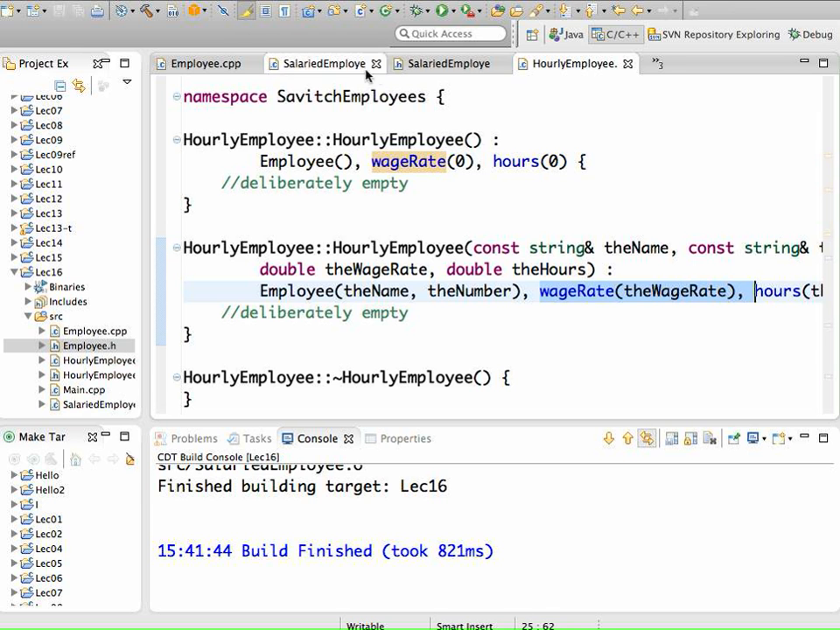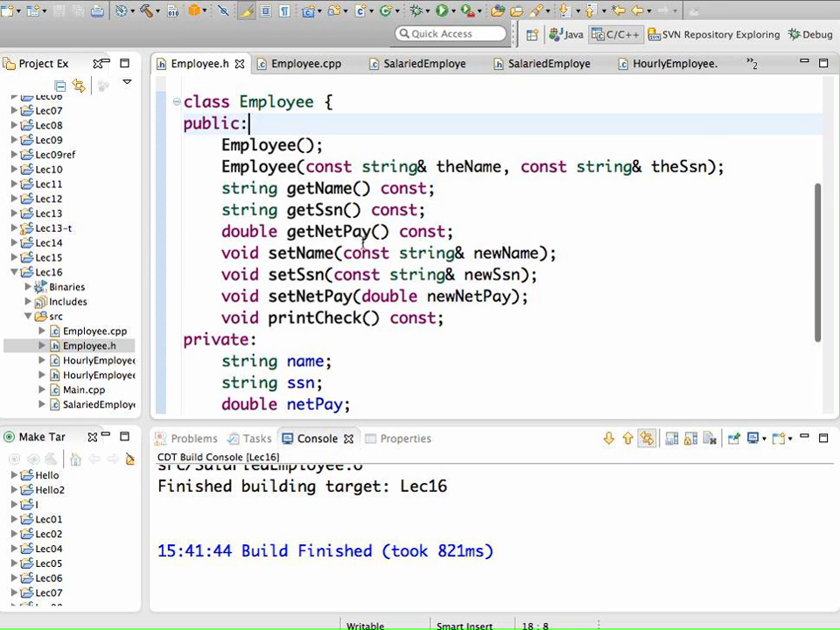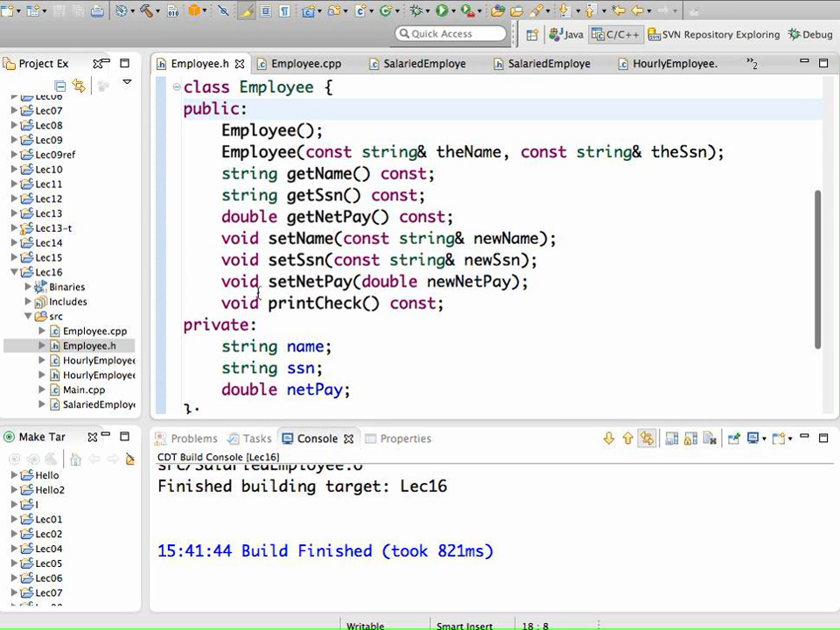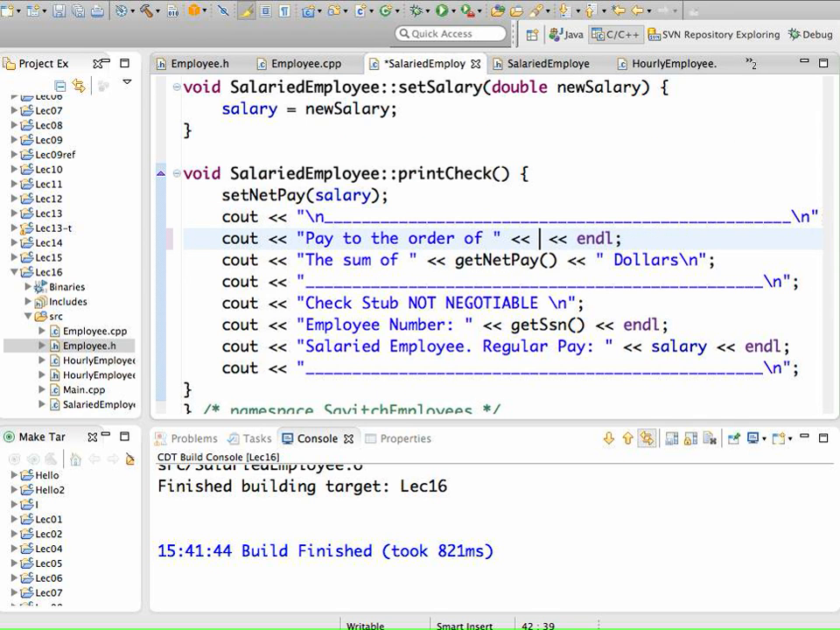So if you were to look at the employee class that we were looking at in the last couple of videos, it has three private data members: name, social security number, and net pay. And then we have, in our code, we actually use it. So if you were to try to get at name